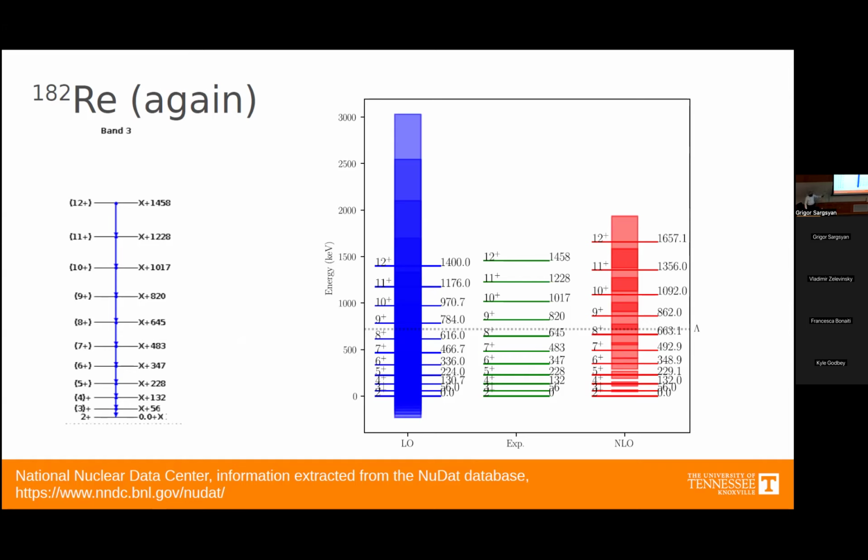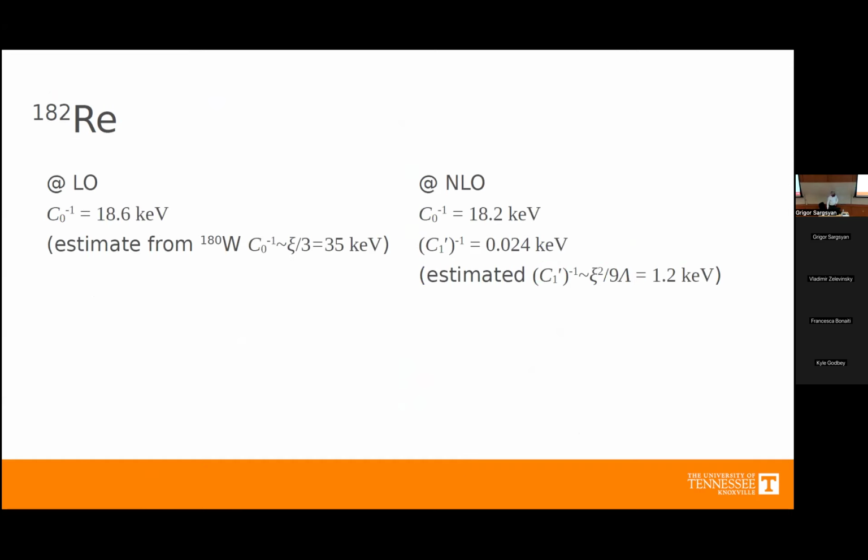And here we don't have any couplings to speak of. Again, because we can most likely consider this as an isolated rotational band. So looking at the scale of the low energy constants that enter, we have the values that we get from fitting, and then also the estimates that we got from the Thomson 180 core here. So we see that these are not spot on, but